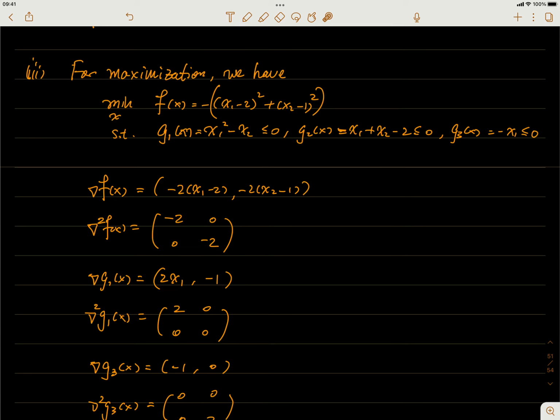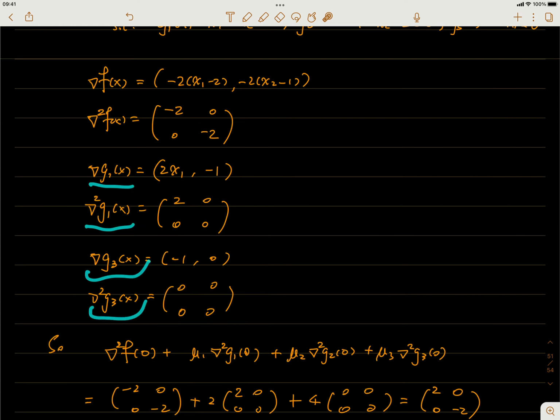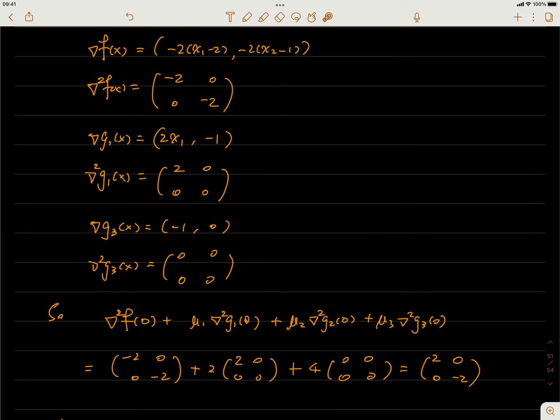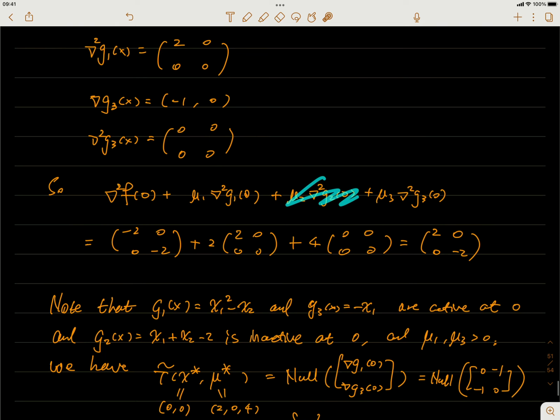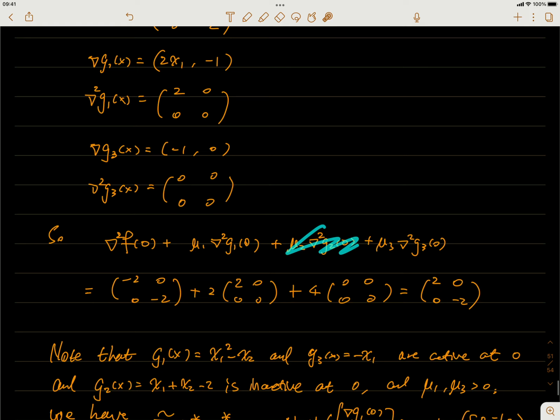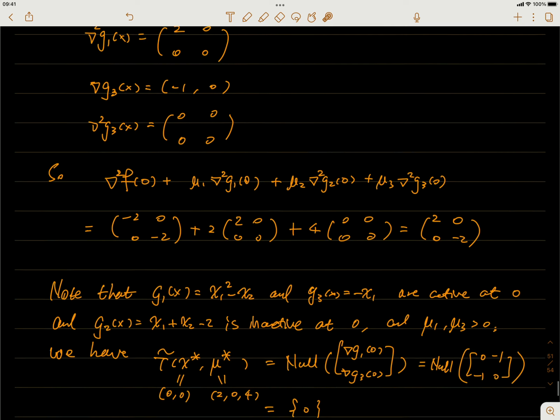And to see the second order sufficient condition, we need to check the Hessians, right? The gradient of f is this, Hessian will be that. Gradient of G1, Hessian of G1, gradient of G3, Hessian of G3. Remember that because mu2 equals 0, when we take the weighted sum of the Hessians, this one is anyway gone. So you plug in those 3 Hessians, and you have their corresponding values, 2 and 4, and eventually you get this. So this is the Hessian that we're